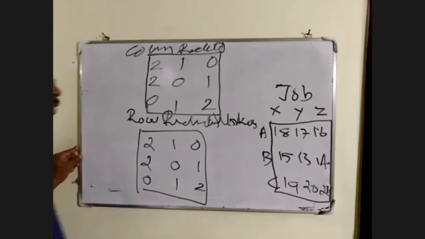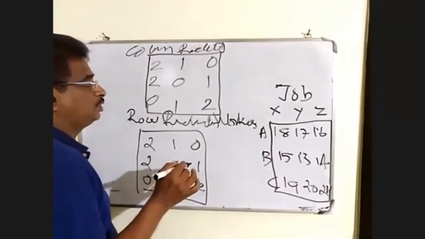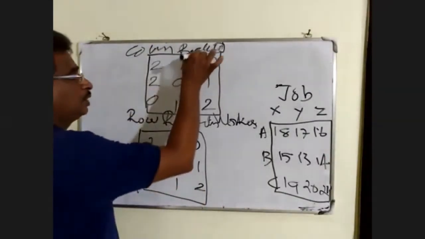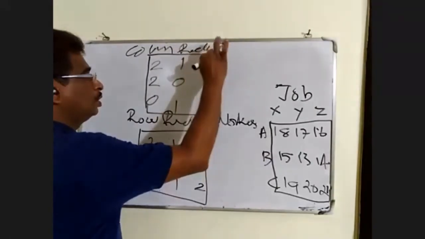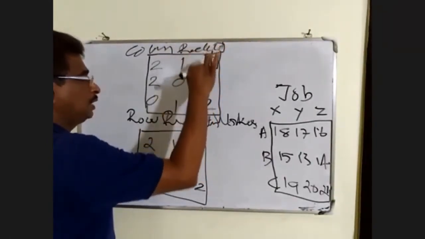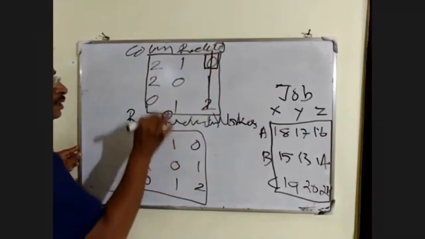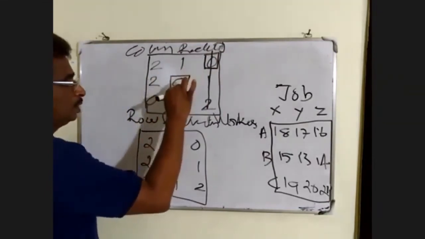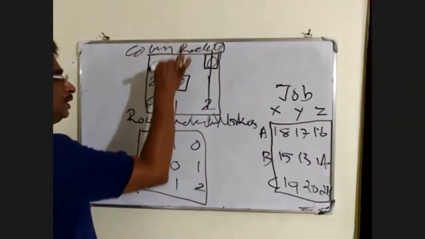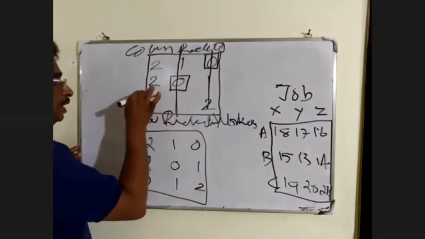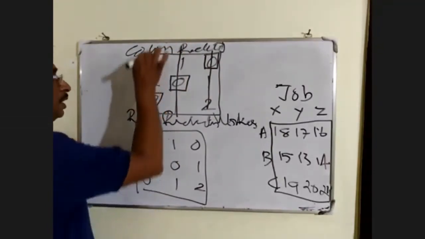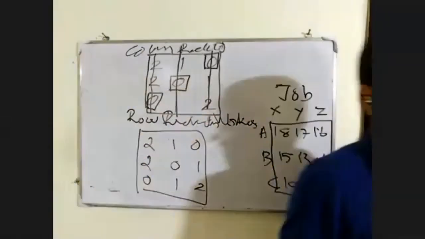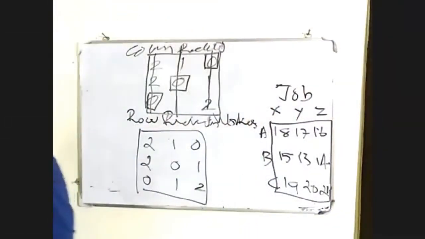Optimization. Please write. What is optimization? Row scanning. What do you have to do? Is there exactly one 0 in that row? Yes, you cut it vertically. Then the second row: is there exactly one 0? Yes, cut vertically. And the third row, exactly one 0. We can cut vertically because all the zeros are covered with lines. Nothing more to proceed. Optimization is reached. Clear? Very simple question.